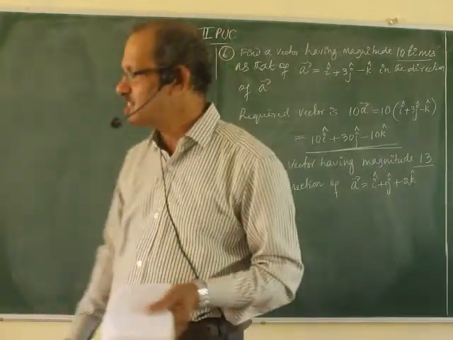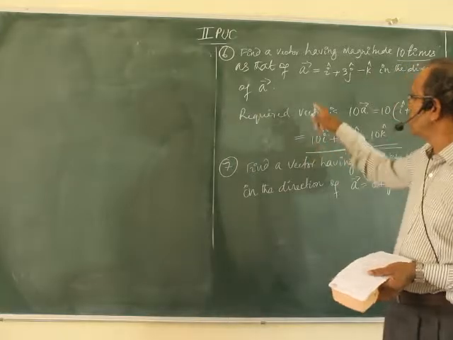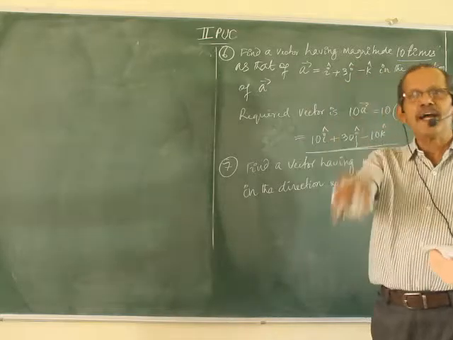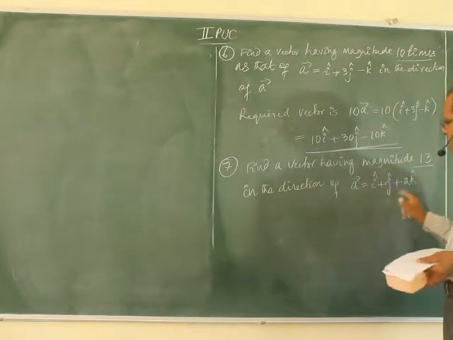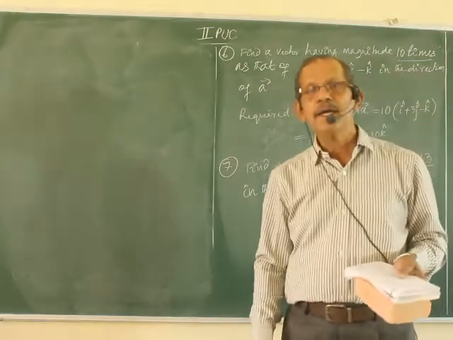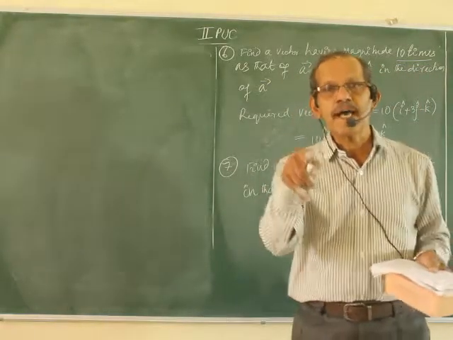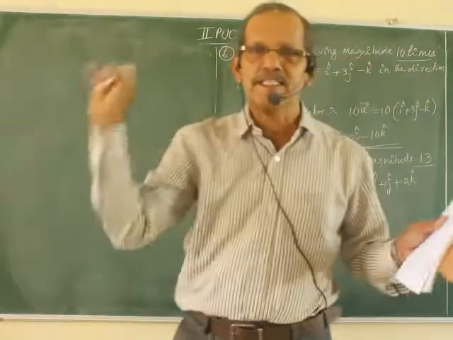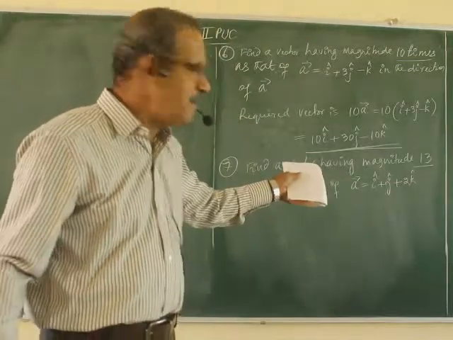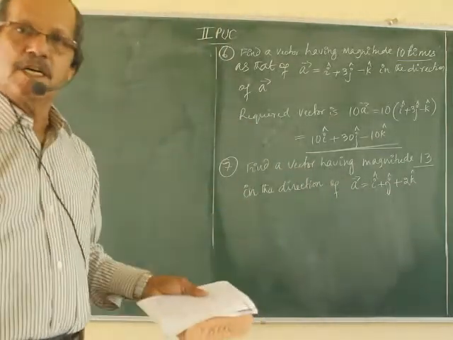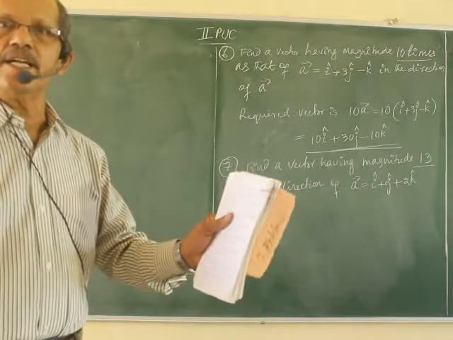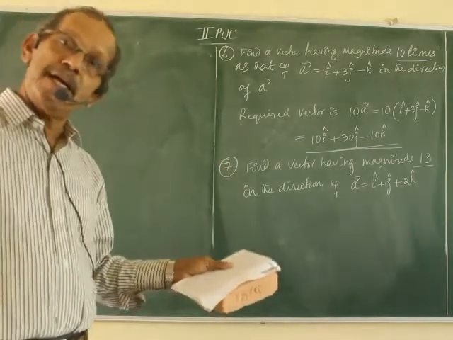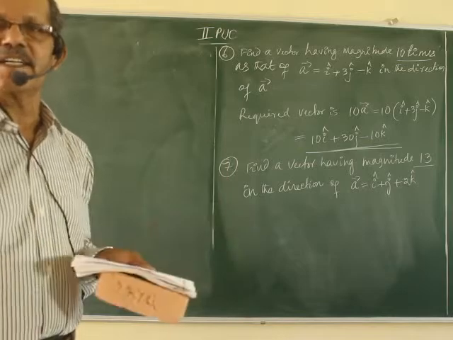So what you have to do is, here you must not multiply like this. Here you have to take the scale. That is called the unit vector. So, in the direction of A, first find the unit vector. Why? Because its length is 1, no? And its direction is the same as A. Now multiply that unit vector by 13, you get the answer. Not straight away multiplying A by 13, which gives 13 times. In order to get exactly 13 units length of the vector, find the unit vector because its length is 1. Multiply that one by 13, you get a 13 length vector.